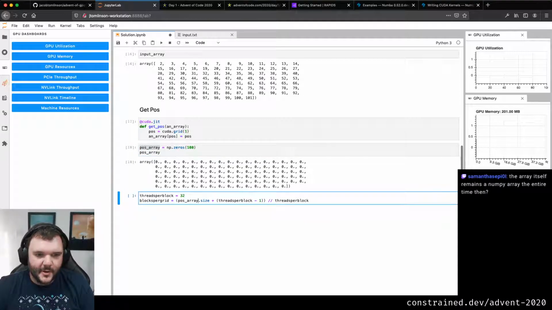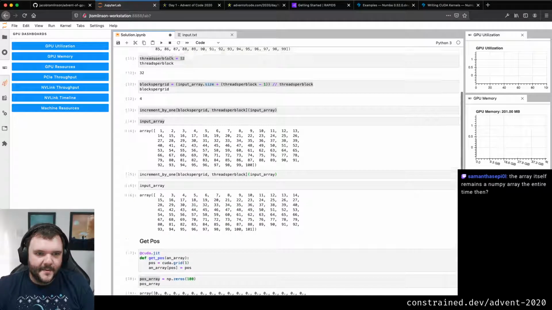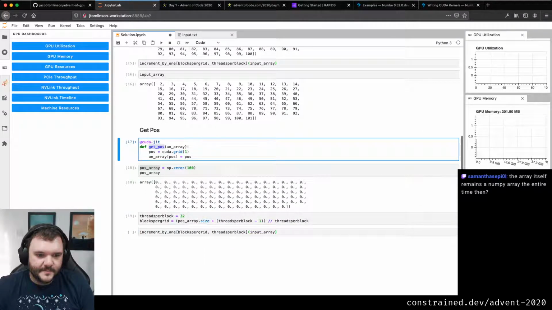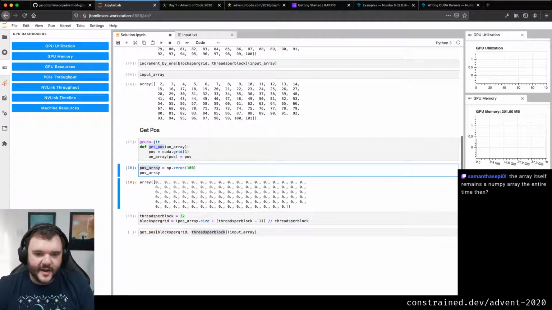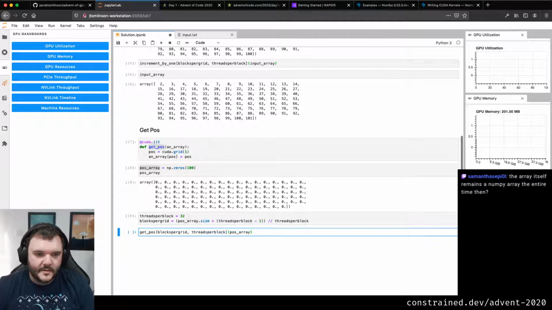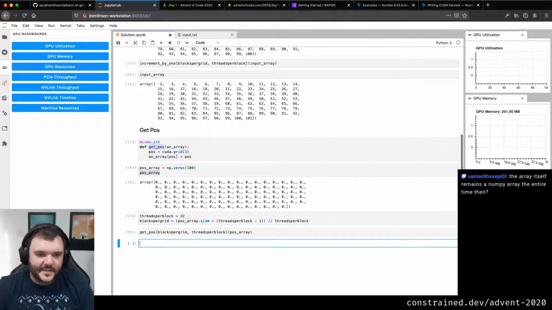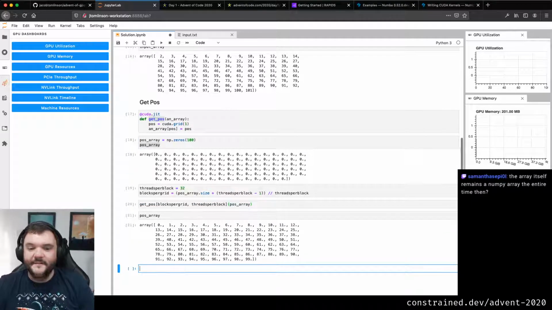So we've got threads per block and blocks per grid for our position array. And then I'm going to call get position with the dimensions of our position array. Okay, now if I have a look at my position array again, it's gone and filled in these numbers, right?